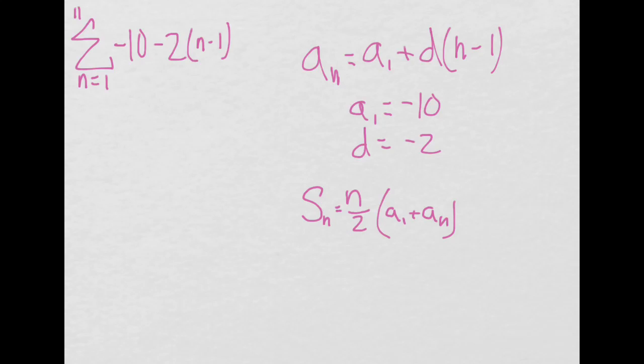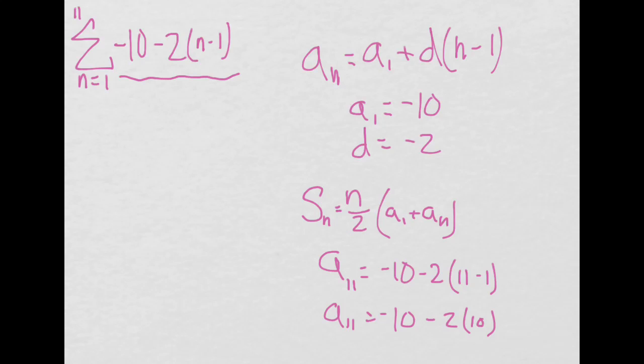So notice we're going from n equals 1 up to n equals 11. So the 11th term will be our last term. We need to figure out what that is. We want to know what is a sub 11. And to figure that out, we just substitute it into our general equation there. Negative 10 minus 2 times n is 11 minus 1. So we have a sub 11 equals negative 10 minus 2 times 10, and so we get a sub 11